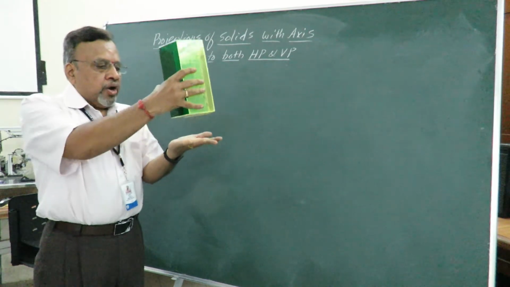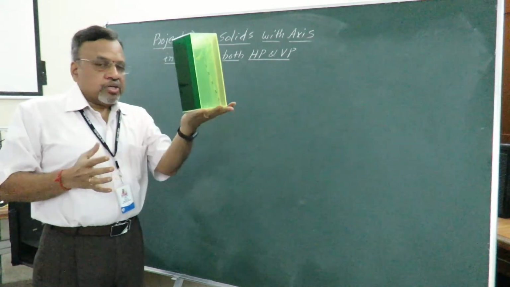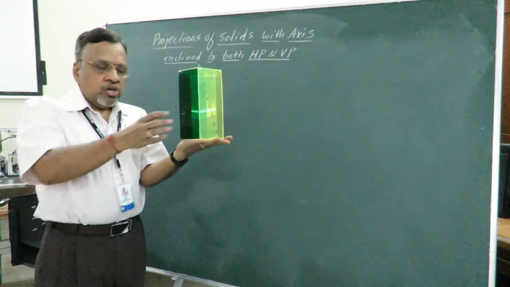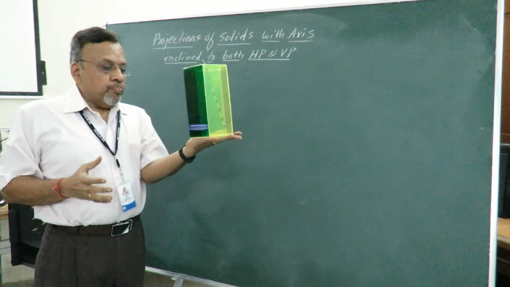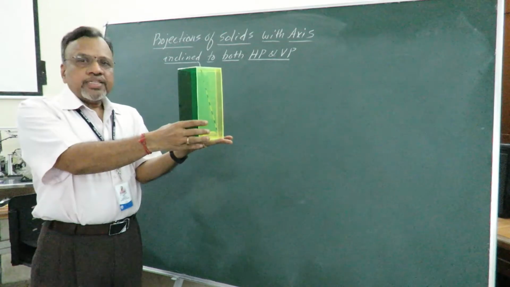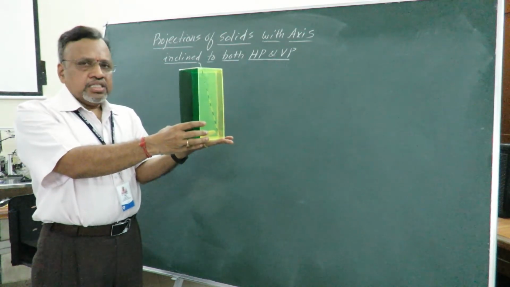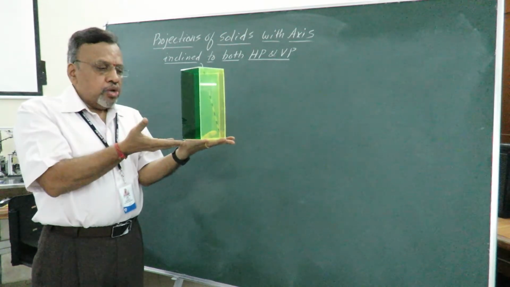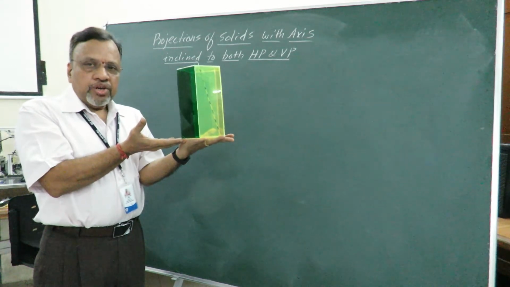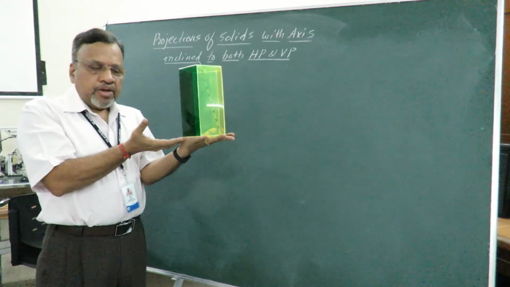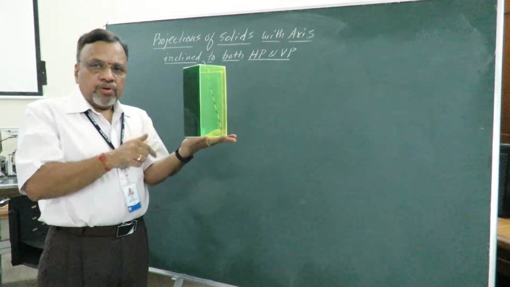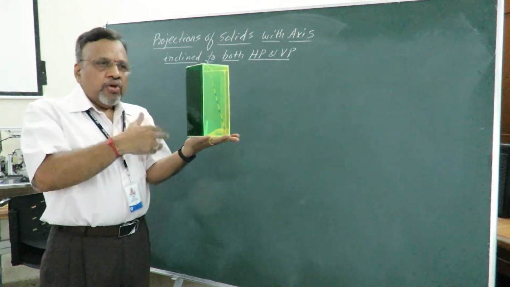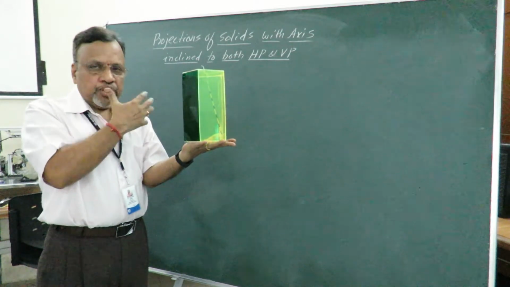Okay, now as you can see that I have just kept this particular solid on HP. So you can just consider my palm itself as your HP. Now in the stage 1, I will just write in this way. That is, when the axis is perpendicular to HP, we know that base is parallel to HP. Since base is parallel to HP, true shape and size will be seen in top view. So I need to start from top. So first I will draw the top view, then I will draw the corresponding front view.